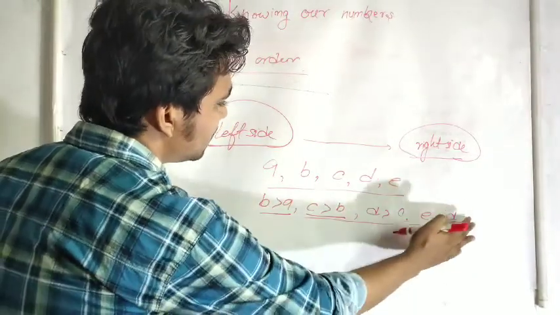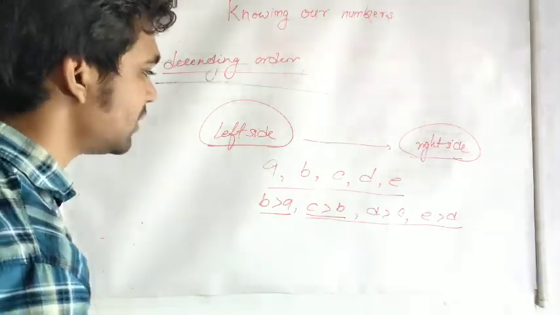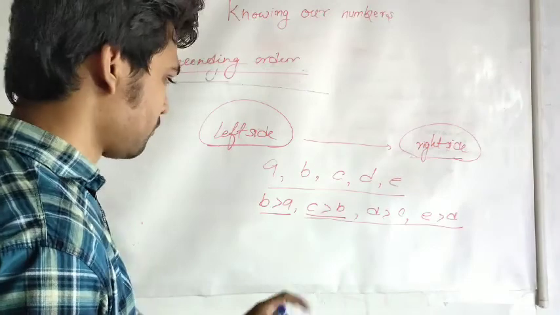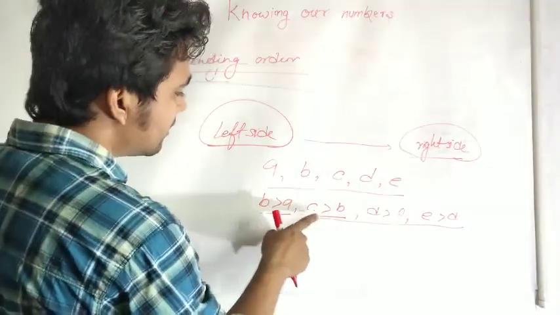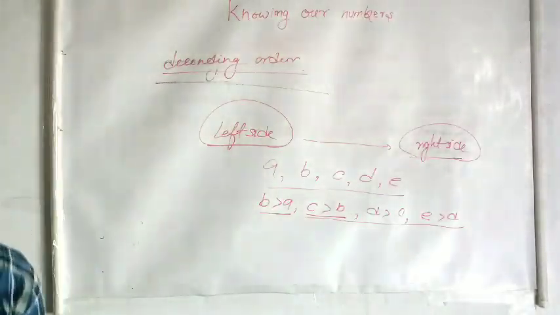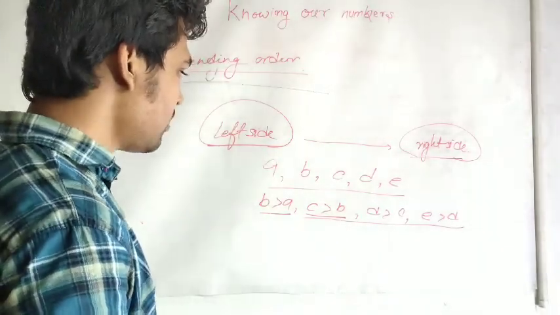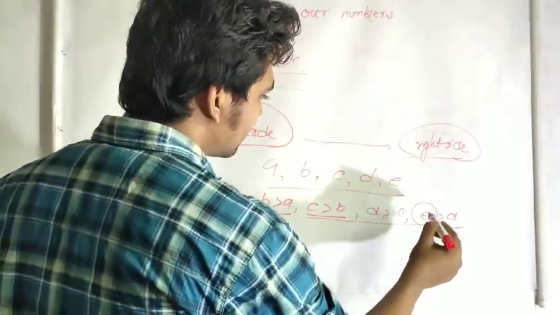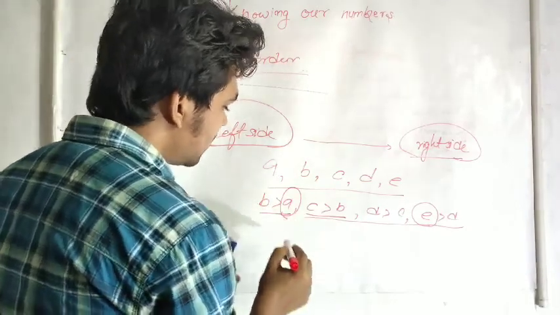Here the situation may change also if you change the series or if you change the digits of the number in any given example that you take. So here we see that B is greater than A, C is greater than B, D is greater than C, and E is greater than D. So here we find that E would be the greatest number and A would be the smallest number.